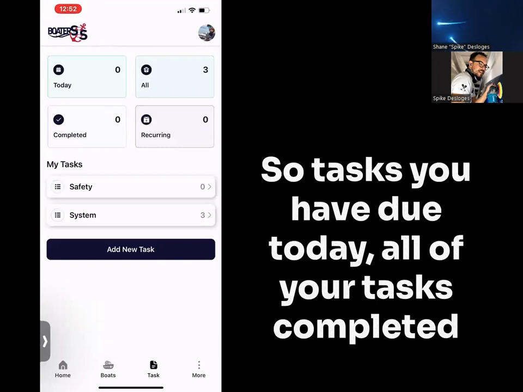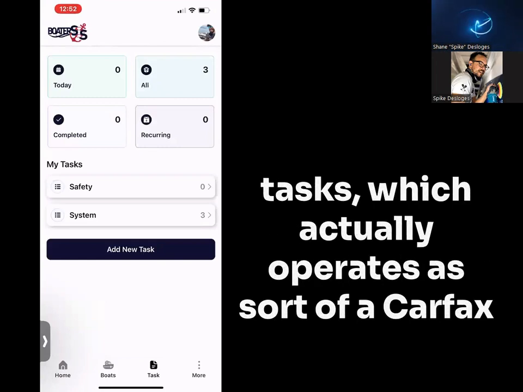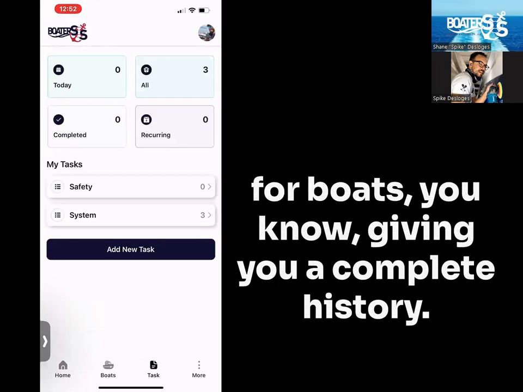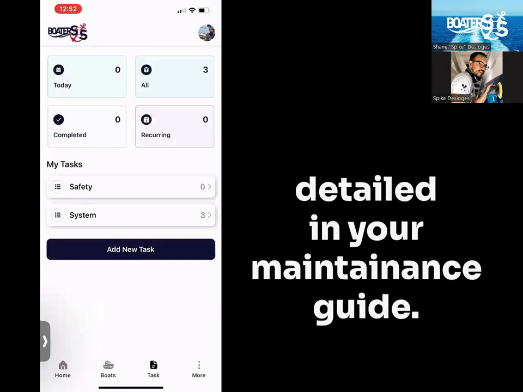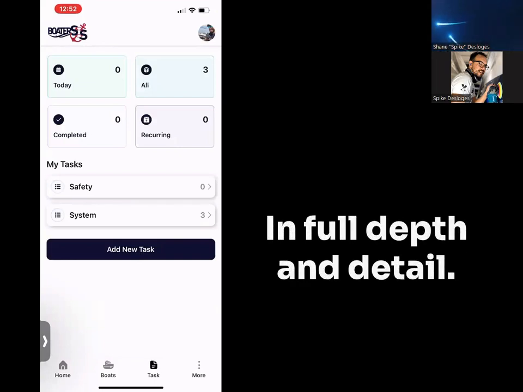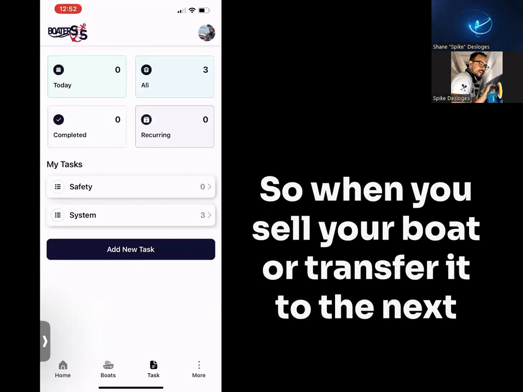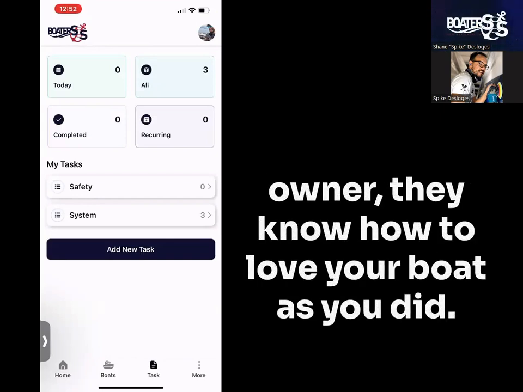So tasks you have due today, all of your tasks, completed tasks, which actually operates as sort of a Carfax for boats, giving you a complete history. And the goal is to have your entire maintenance detailed in full depth and detail. So when you sell your boat or transfer it to the next owner, they know how to love your boat